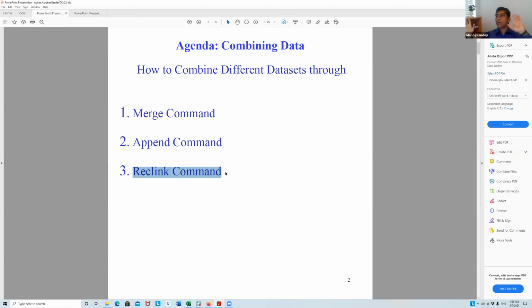When you are merging, you are basically merging like this. Something will be common here, something will be common. So these two data sets will have something common that we call a common ID, and then you will be merging like this. If you have 10 variables here, 20 variables here, when you merge it, you will have 30 variables, if the same variables are not there. So this one is merge, this one is append, and then record linking is just finding some keywords and then linking the record.